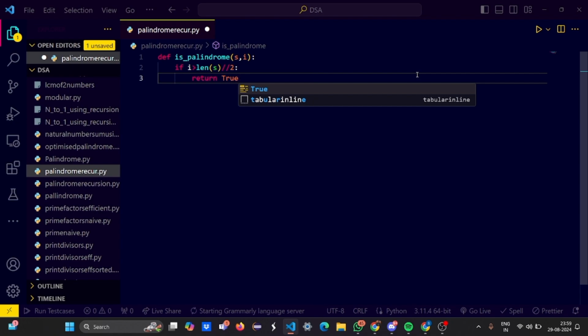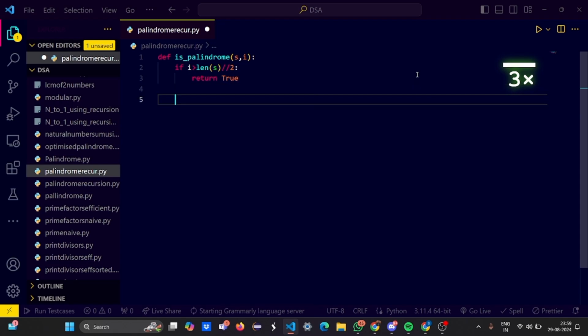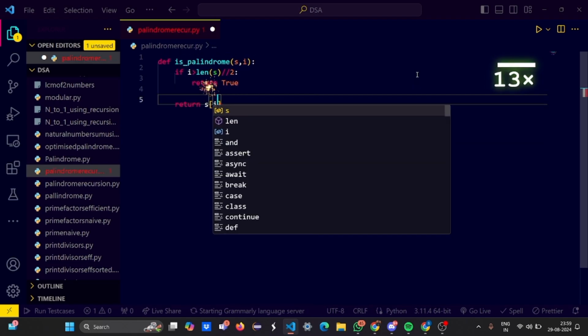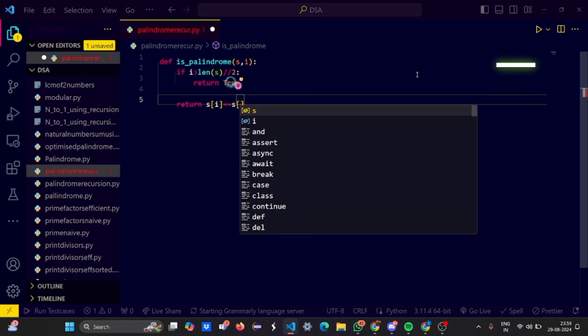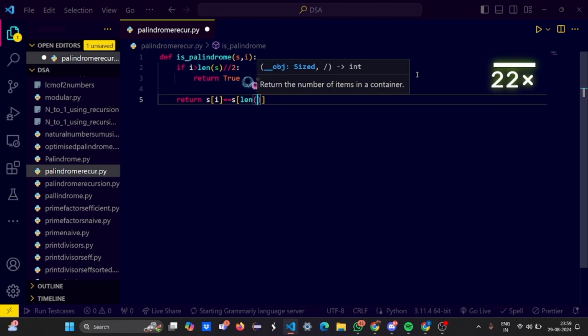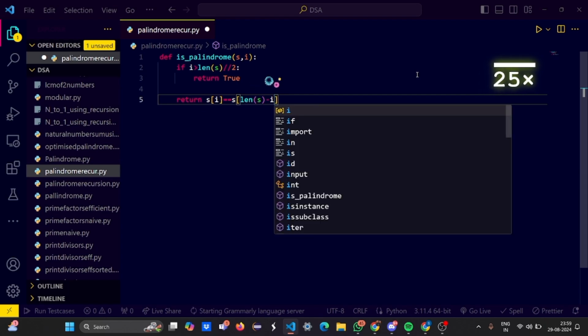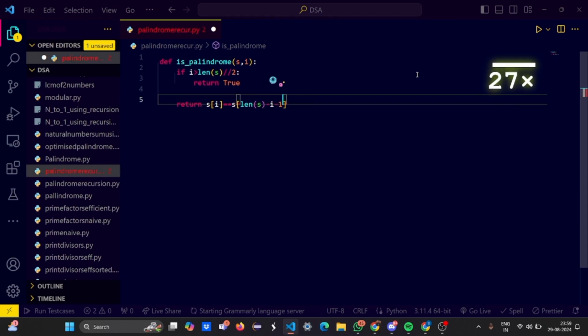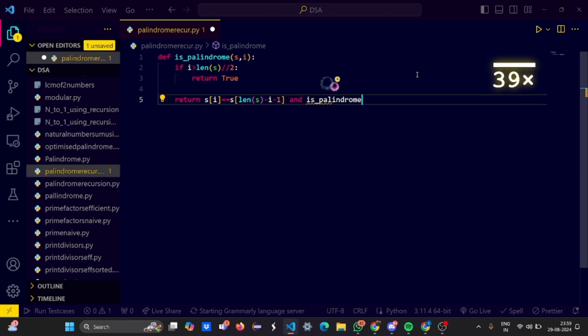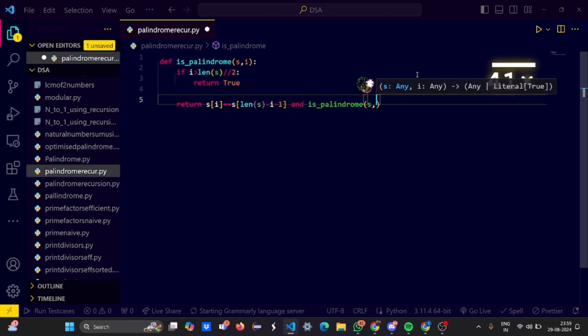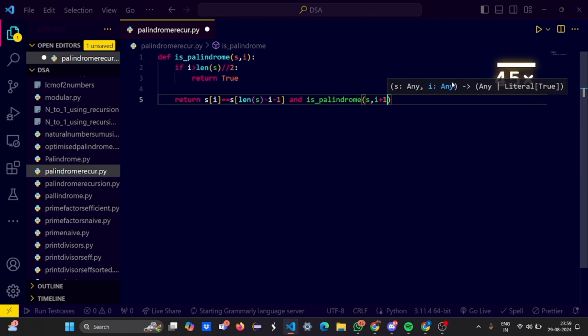The base condition. Now let's go to the return. If that's not satisfied, you're going to return this. Let me write it first, then I'll explain it to you. n minus i minus 1. So what are you going to do here?